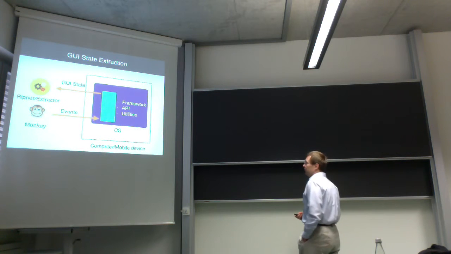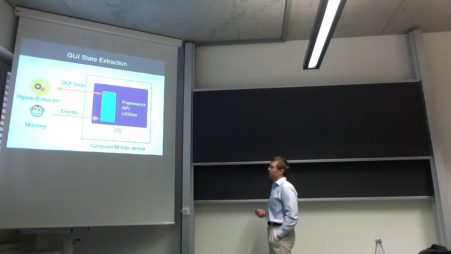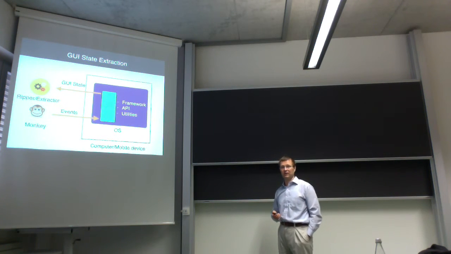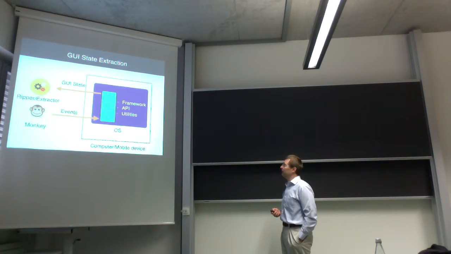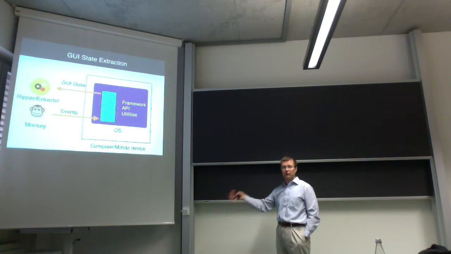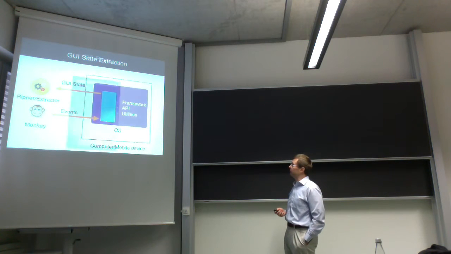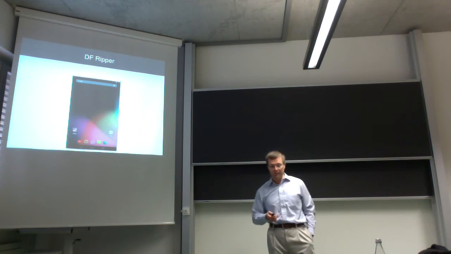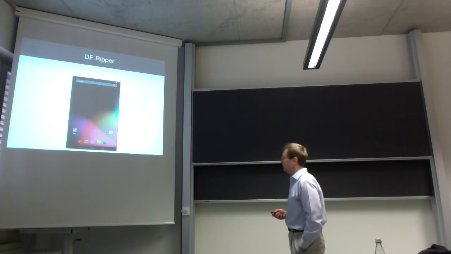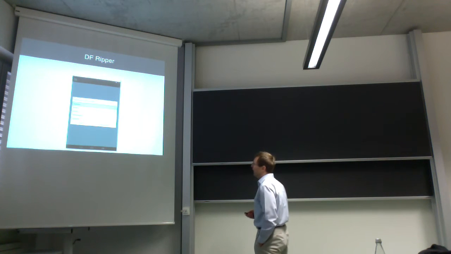There are also some pretty neat ways how you can do that also with accessibility services. Actually, I had a class project in my class last semester, and we implemented one of these rippers using accessibility services APIs. But this is the basic idea. We have some implementation of how we can derive this model, and then we use this model in Monkey to help us with testing. So this is a depth first search ripper that we implemented in our lab, and essentially